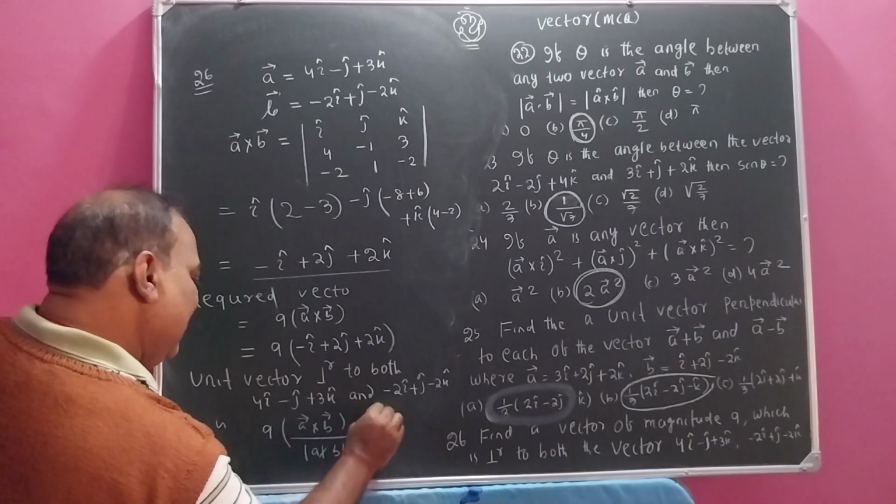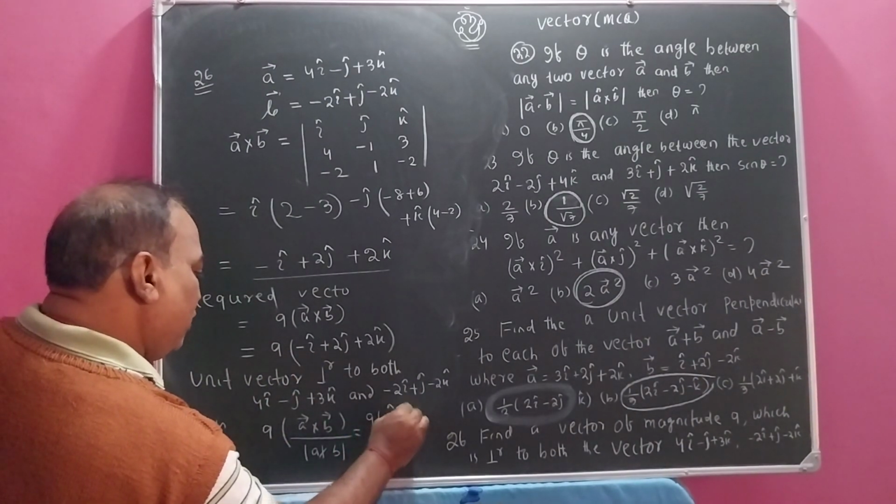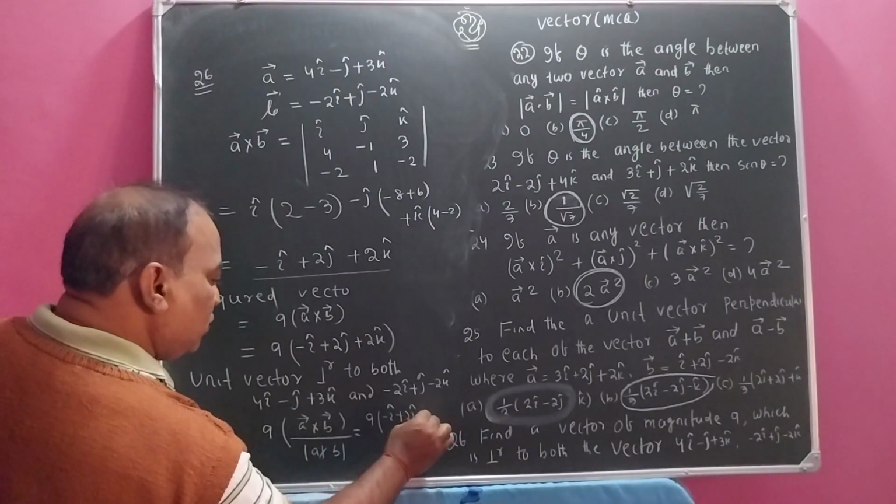Here it is 9 minus I cap plus 2j cap plus 2k cap